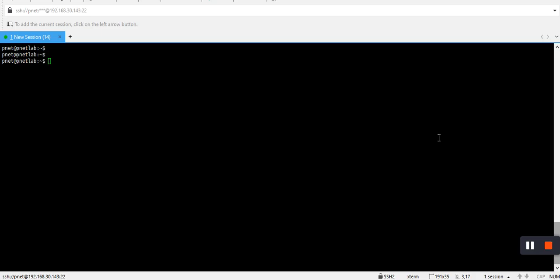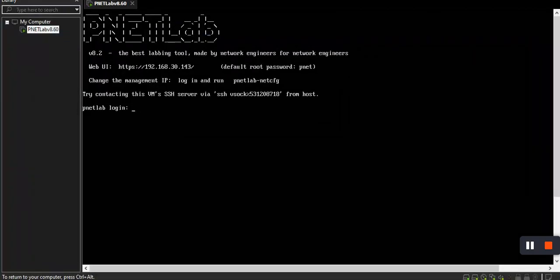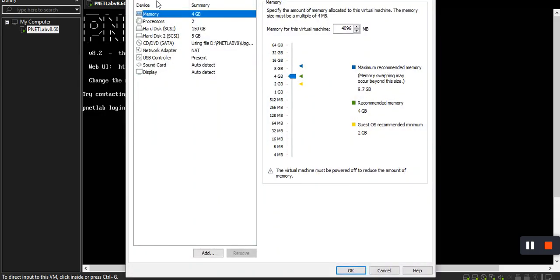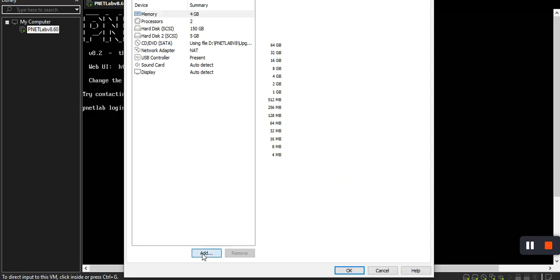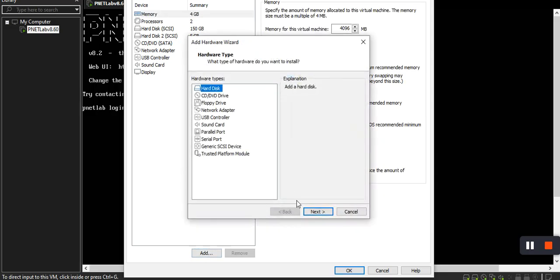Hello everyone. In this video, I want to show how we can increase our PNETLab space storage by adding a second hard disk or third hard disk in VMware Workstation. I've already added my second hard disk. I went to settings